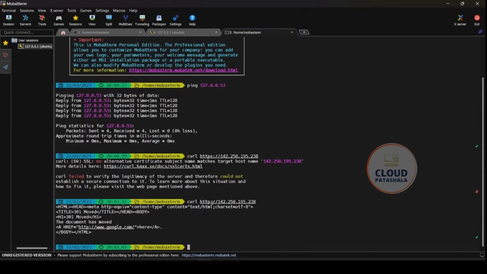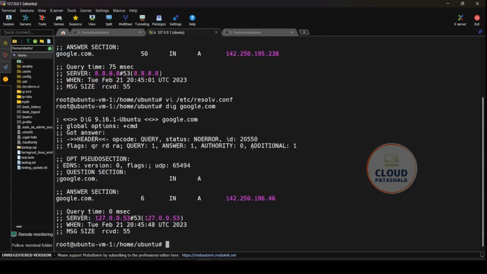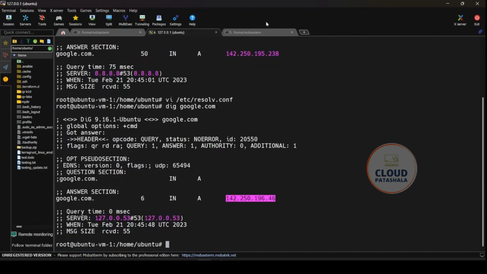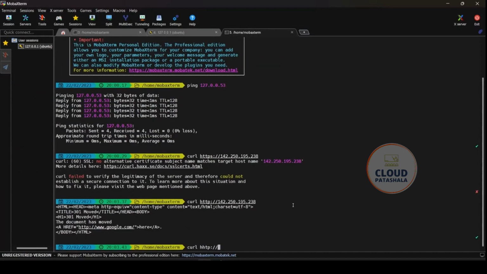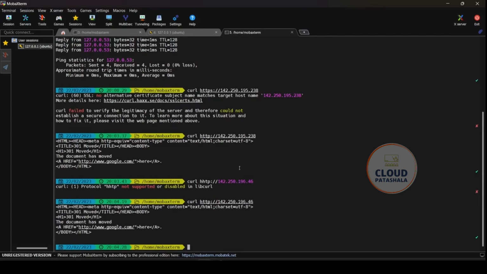So you see that the curl for HTTP 142.250.195.238 is giving us the 301 page move to www.google.com. If I do the same curl for the other IP address, which is the one ending with 46, I should be getting a similar output from this as well. There was a typo in the protocol that we were using, so this is HTTP, and you would see both the IP addresses are giving us a similar output, that is www.google.com, and the page is being moved to this. So this is about